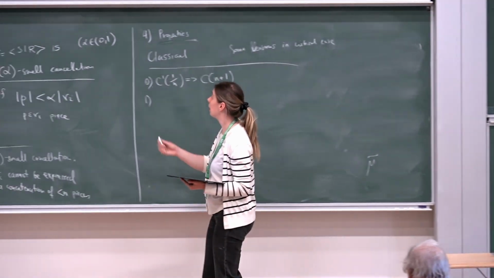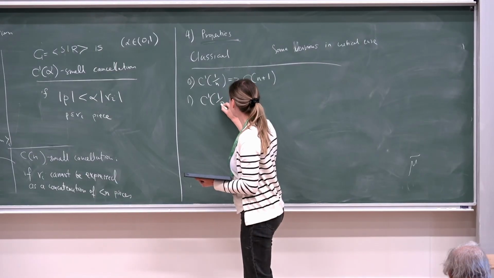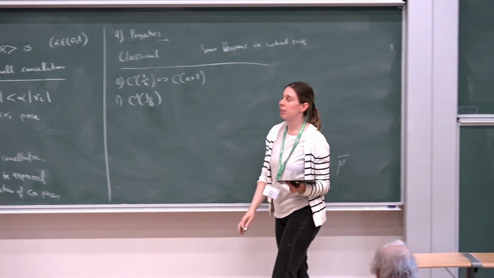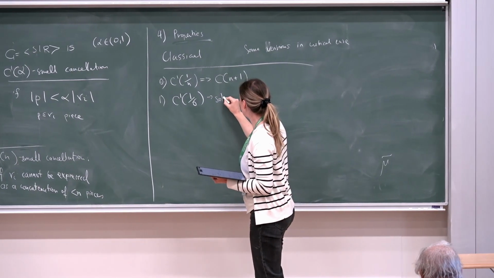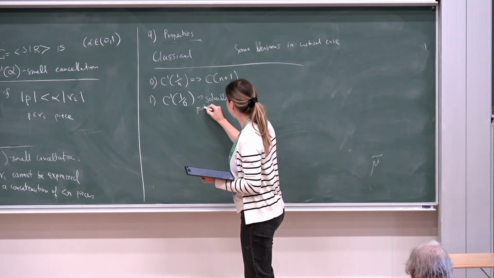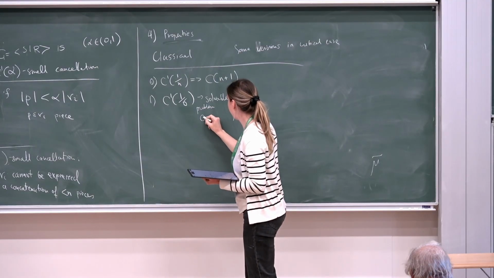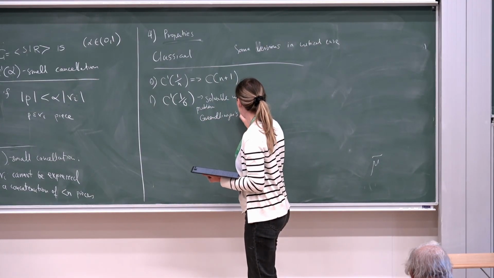And that's where that class of groups came from. So for C prime 1 over 6, if alpha is equal to 1 over 6, you get a solvable word problem, which is due to Greendlinger's lemma,